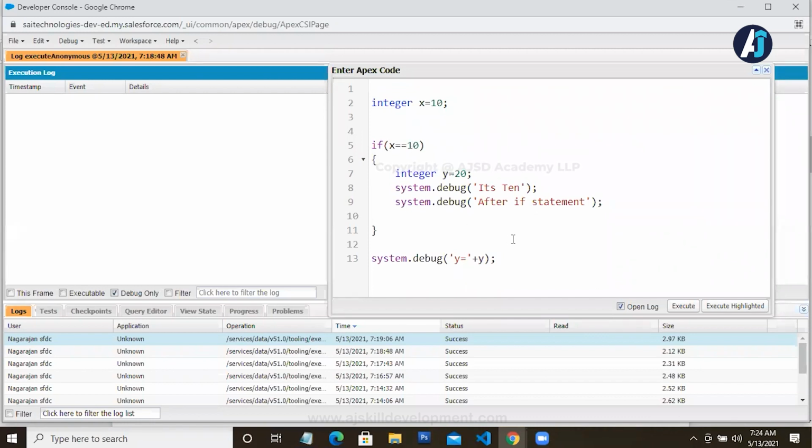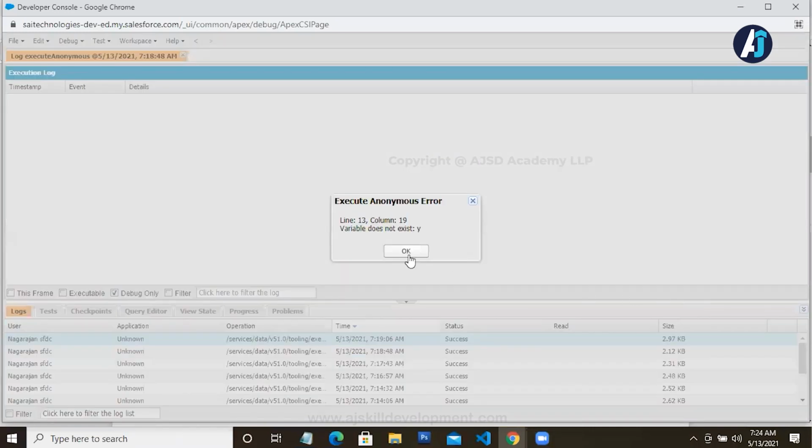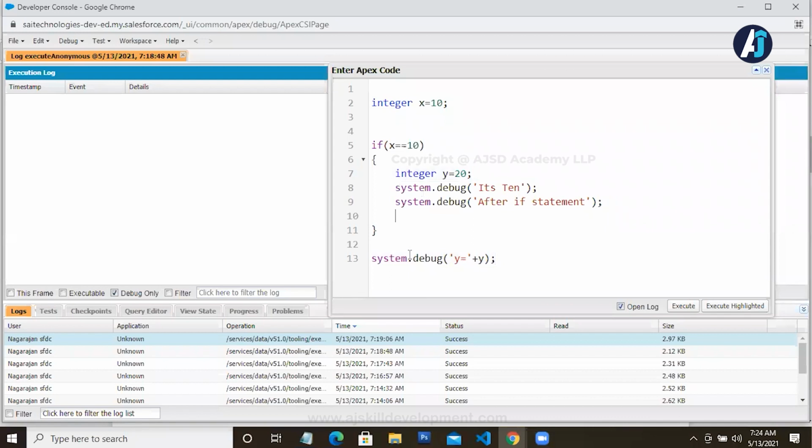The program will not compile, first of all, because in line number 13 I am going to print y. The problem here is y is declared inside the loop. Whether the condition is going to be satisfied or not, that's not an issue at all. See there, variable does not exist. Even though the statement gets satisfied, the lifetime will be only inside the